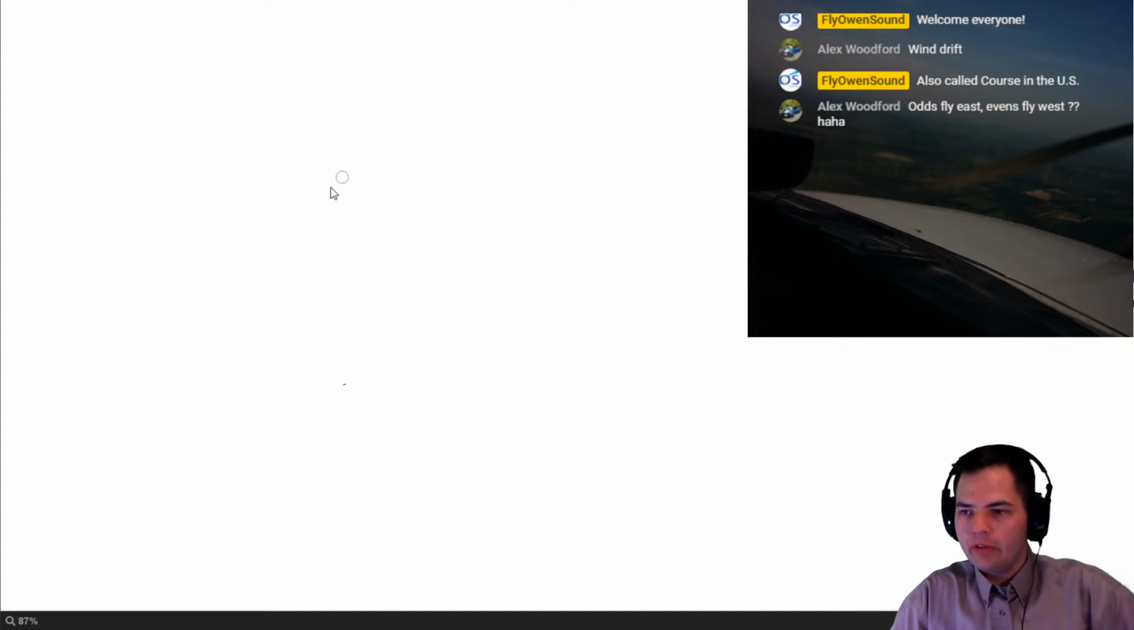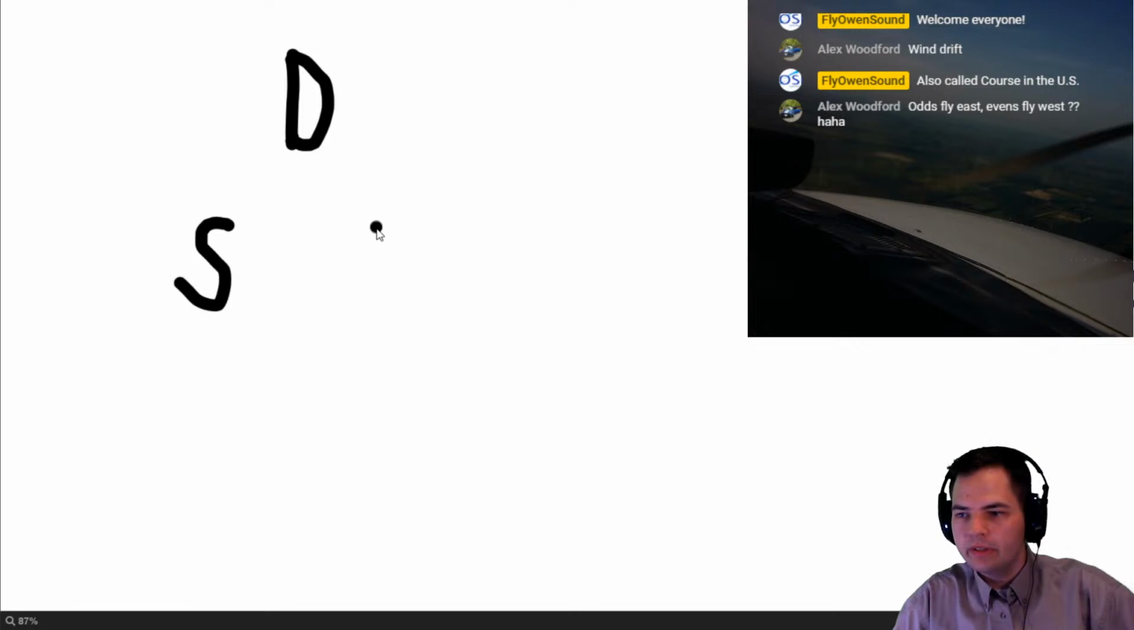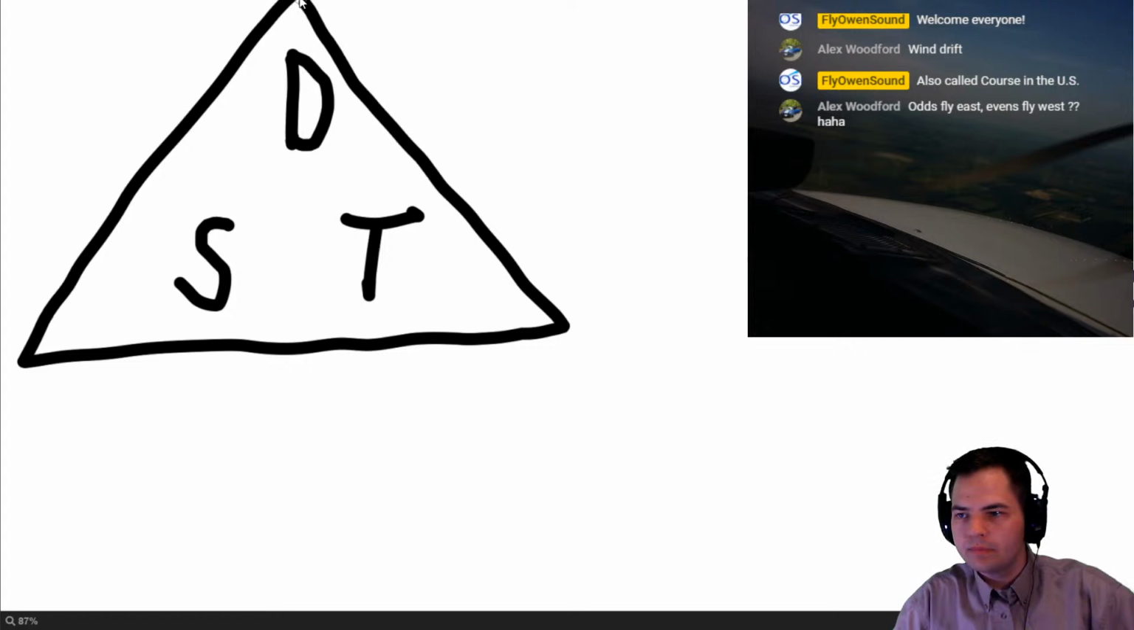The way that I remember how to do this on a calculator is we have a little speed triangle. So we take our distance, speed, and time. Distance, speed, and time. So if I finish it off with some extra lines,